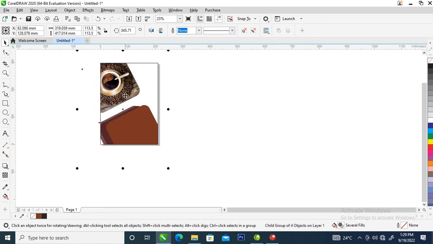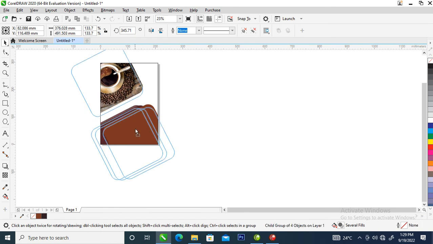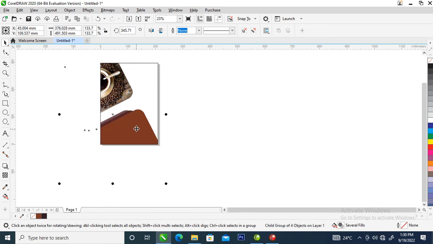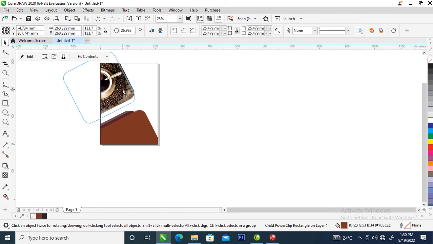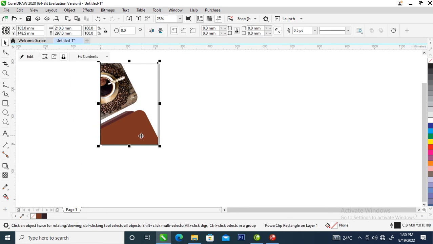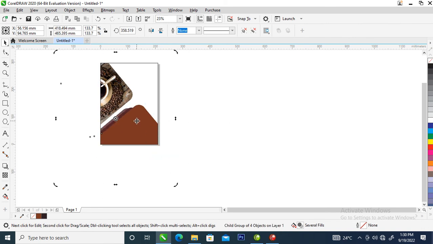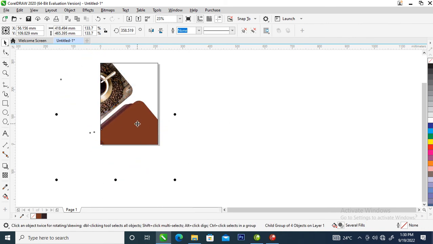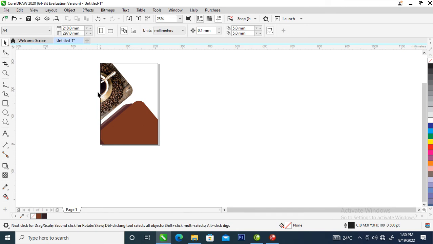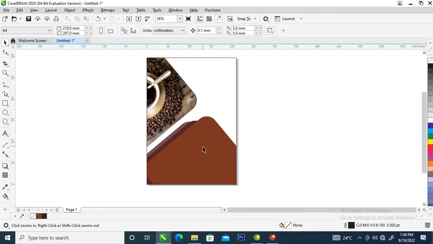Let's pull this up a little bit, then make it a little bit bigger just like so, then just like so. Can you see that? So let's move this a little bit closer, then let's adjust it a little bit, slant it a bit, then position it so well. So right now you can see,